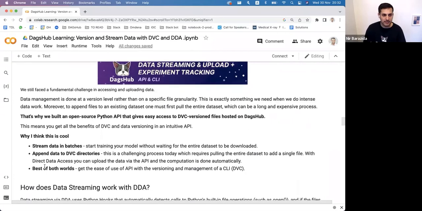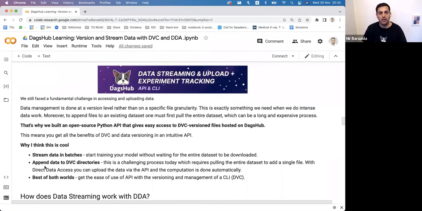And after we did that, we still faced a fundamental challenge for data scientists in accessing and uploading the data. So the data management is done on a version level, rather than on a specific file granularity. And this is exactly something we need when we do intense data work, such as exploratory data analysis, data processing, what Megan loves to do best, which is feature engineering, and so on. And also, when we want to append a file to a DVC version directory, what we need to do is actually pull the directory to our local machine, add or append this one file, recalculate the new MD5 hash,